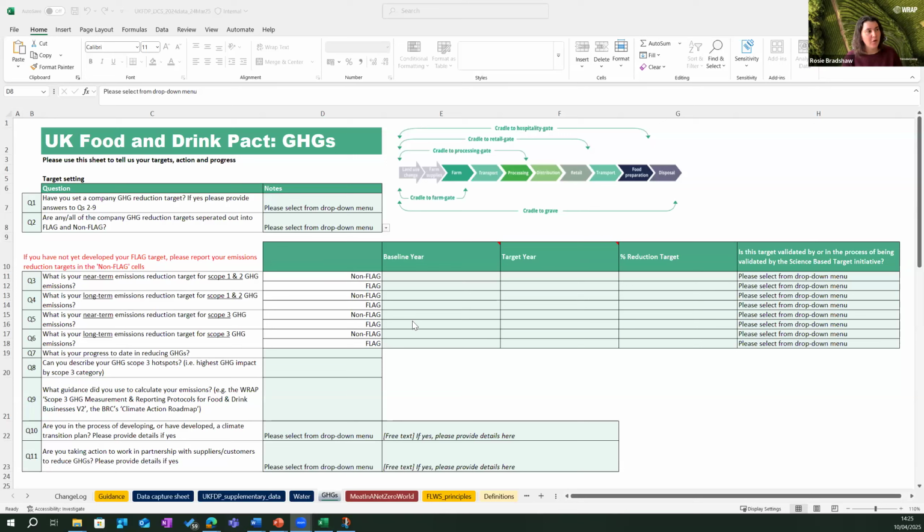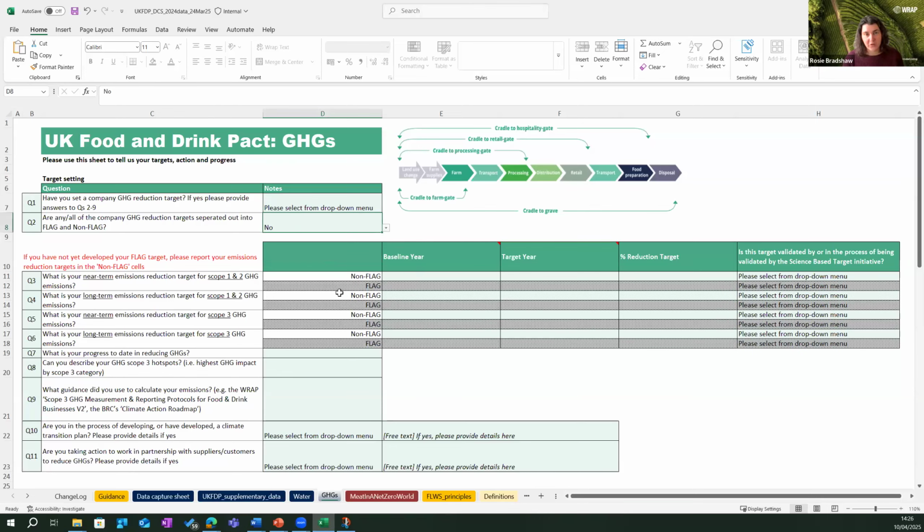I'll hand back over to Ollie in terms of what's on there and going through, but I just wanted to point out a couple of changes to the conditional formatting so you know what to look out for and you know why we've done it. So one of the new additional questions is regarding whether any or all of your company GHG reduction targets have been separated out into flag and non-flag. If you select anything other than yes, we're just blurring out the flag one,